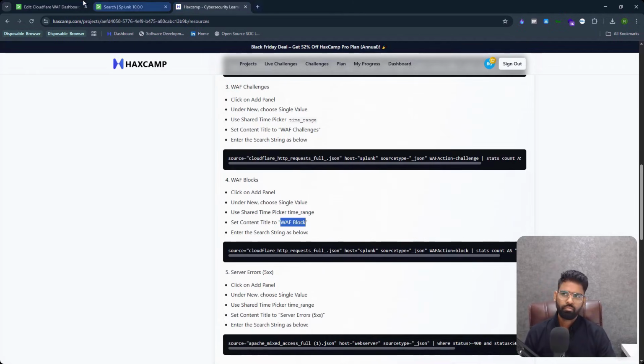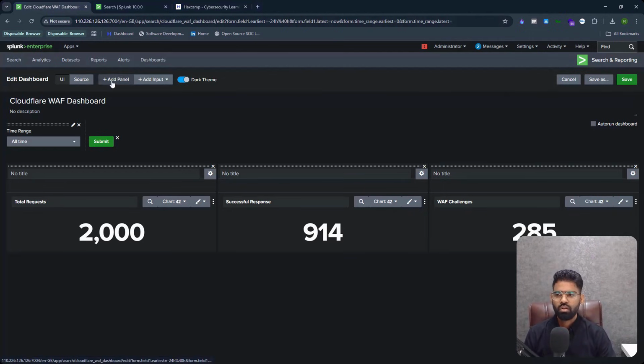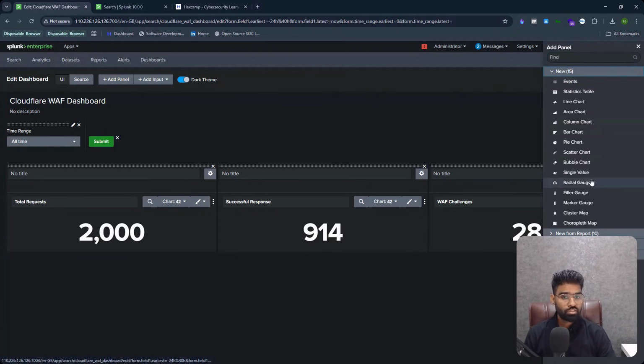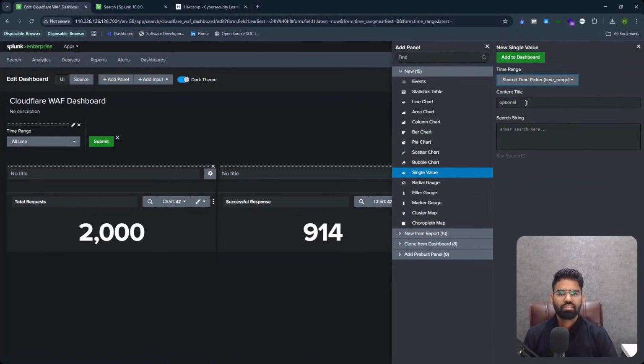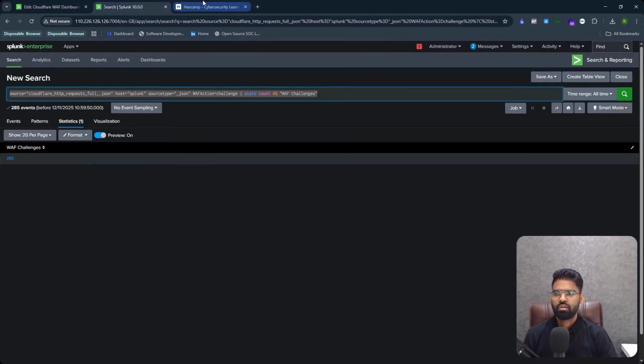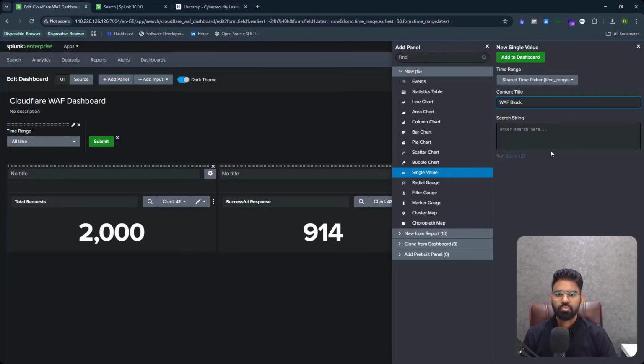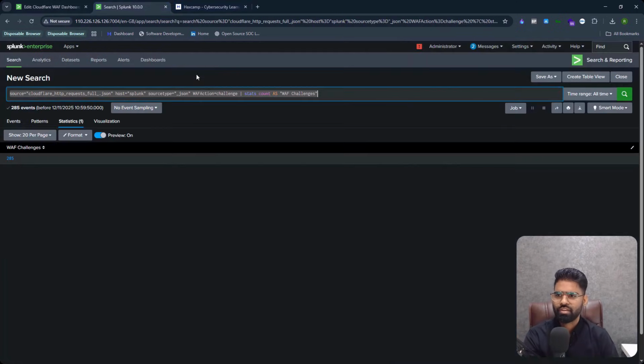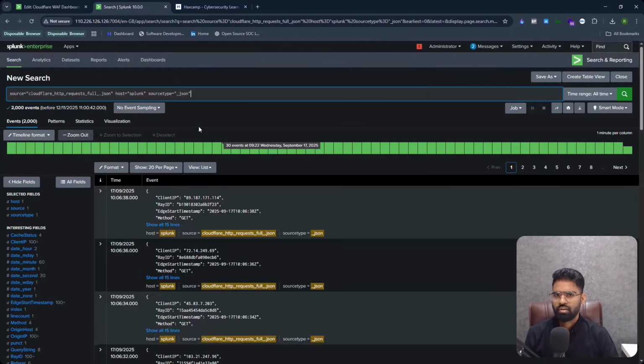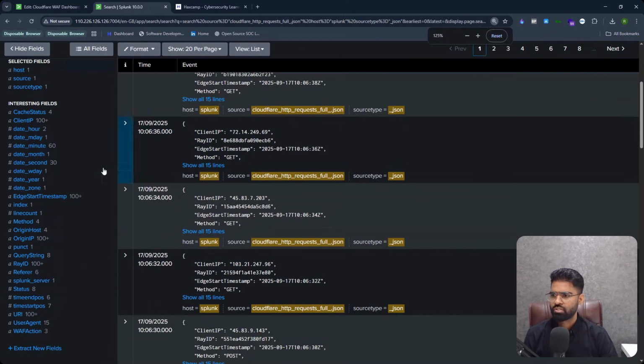If the web application firewall understands that this is suspicious or malicious traffic, it might block those requests. So let's add this WAF block. You can copy this request from here, paste it here. You can see just the WAF action was changed. I'll remove this. You can find the WAF action is a field